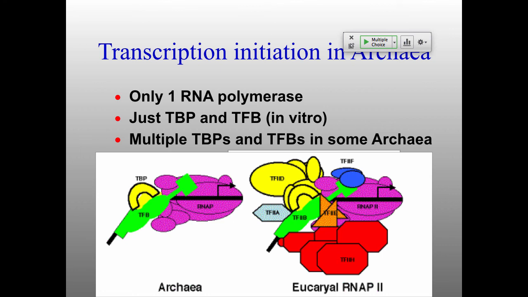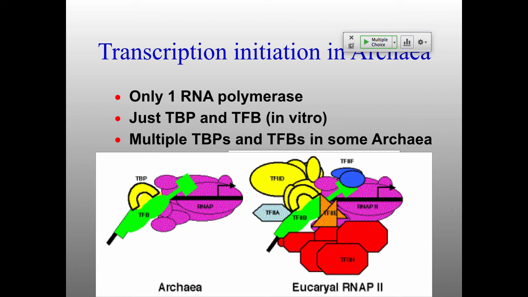But what we know from transcriptional initiation in archaea is that the polymerase, here now in purple, sorry about not keeping the color schemes the same here, is extremely similar between these whole groups of organisms. TFB is very similar to TF2B. TBP is very similar to TBP, but you don't have all these extra TAFs. You don't have all the TF2H, TF2E, etc. So it's a nice, simple system for trying to understand, again, the very basics of what's going on here,